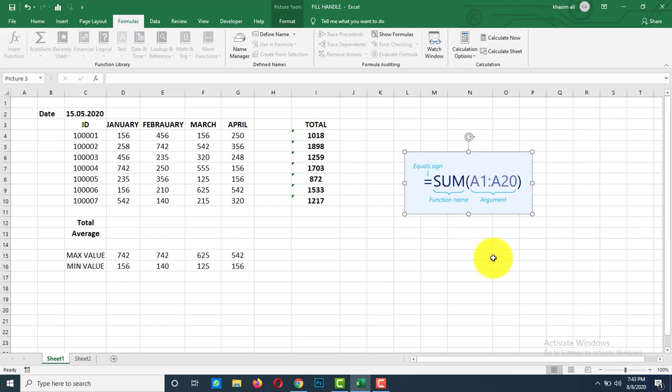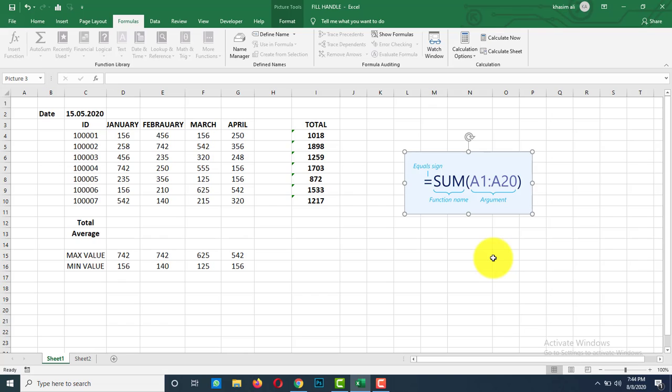You can include one argument or multiple arguments depending on the syntax required for the function. Some syntaxes require only one argument. Some syntaxes require more than one argument. Based on your requirement, you have to enter the number of arguments.